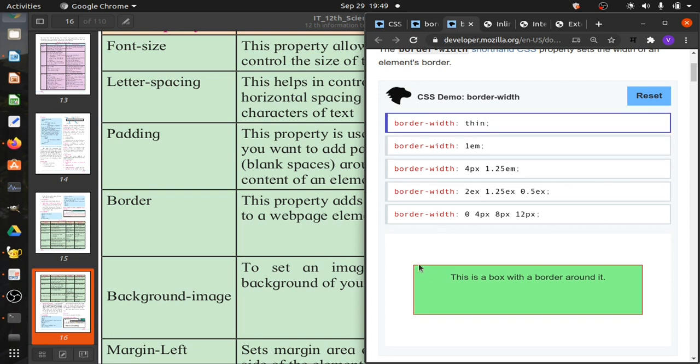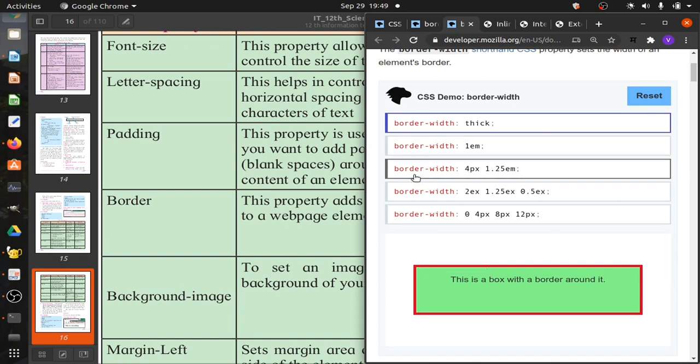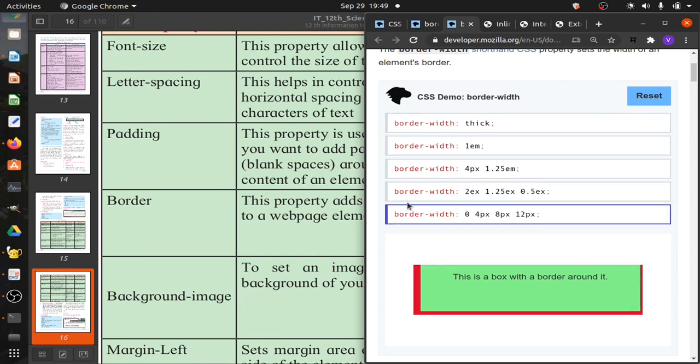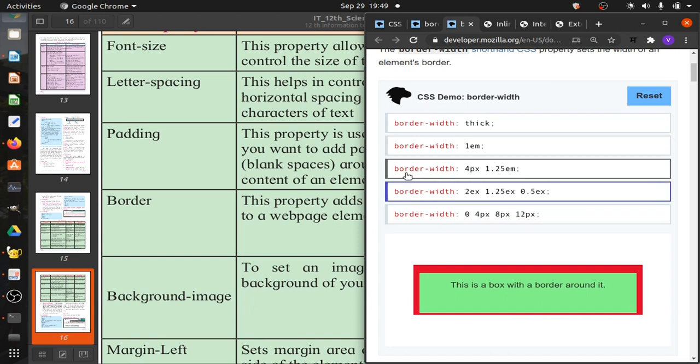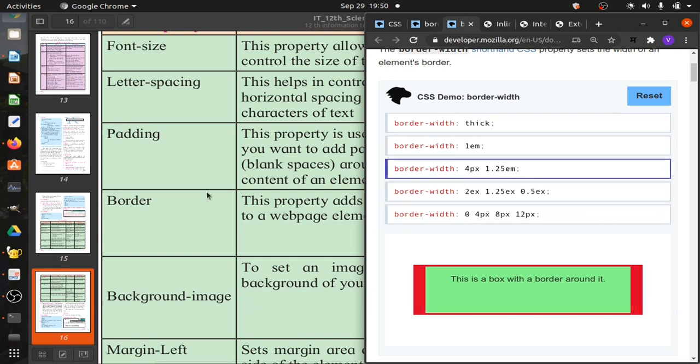Now compare the previous with this one, this is thin. Let me get it back to thick. Okay, now it is thick. So like this, we can play with the multiple values for border width. So we can change the borders like this.